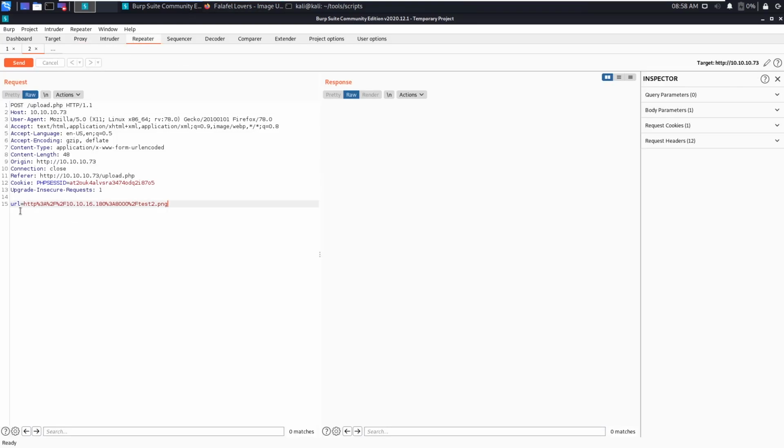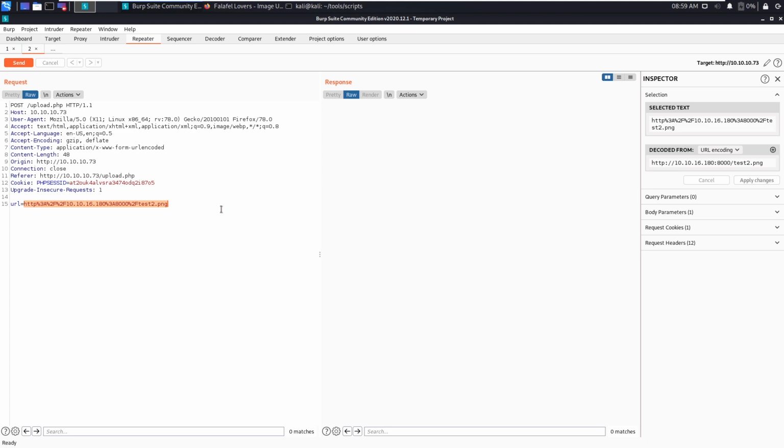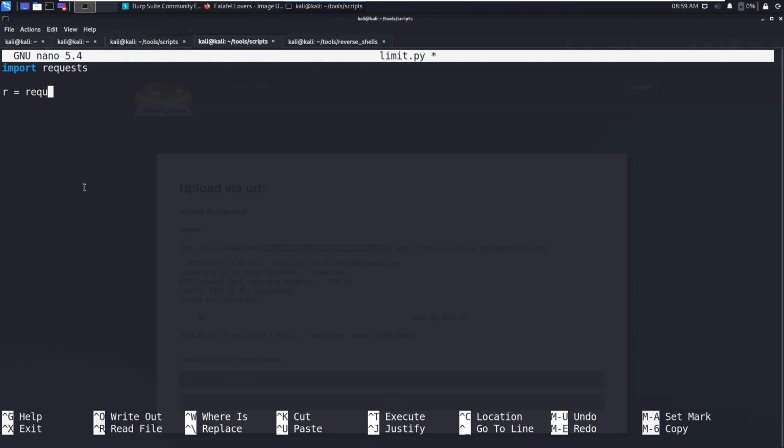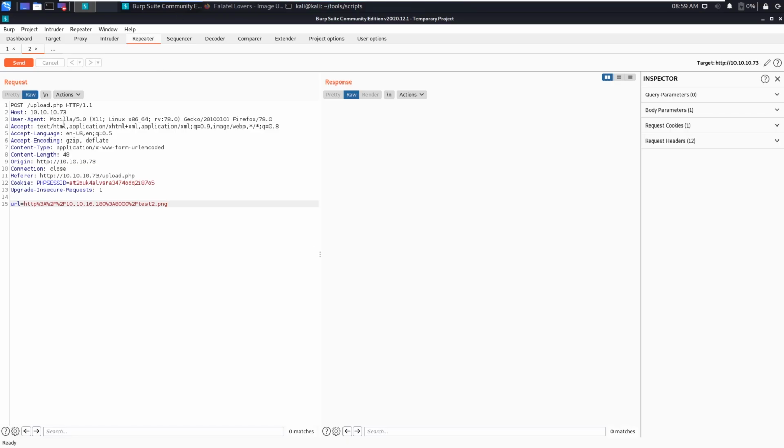So what is the data it is sending? URL as a parameter name, and the value is the direct URL, so that should do fine. r equals requests.get of upload URL equals upload.php.